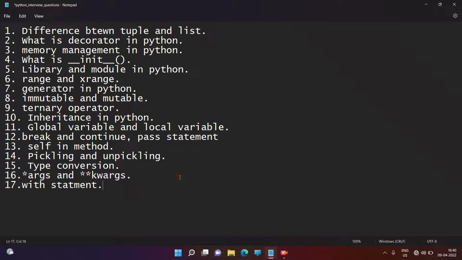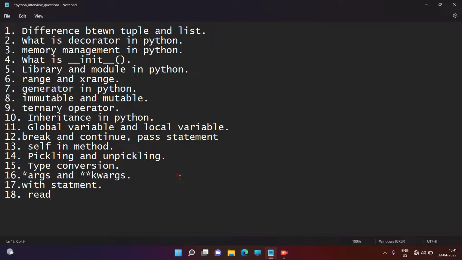We have seen in file handling there is one block, the with block statement. What is the use of this with block statement? By using the with statement, we can open and perform different types of operations on a particular file, right, guys? There is also one benefit of using this with statement: we no need to close the particular file. This is a benefit of the with block and with statement. It's clear. So next question.